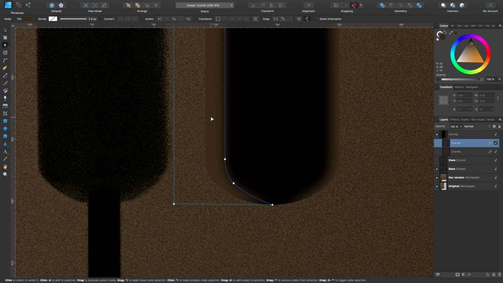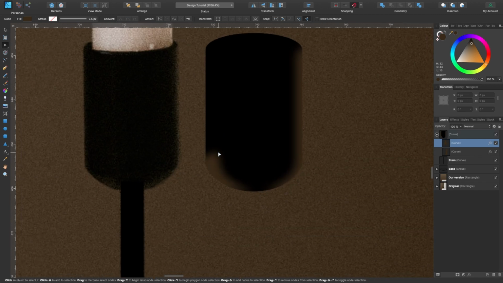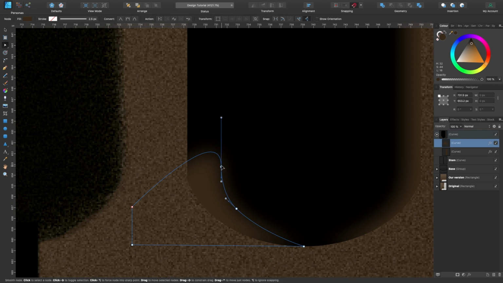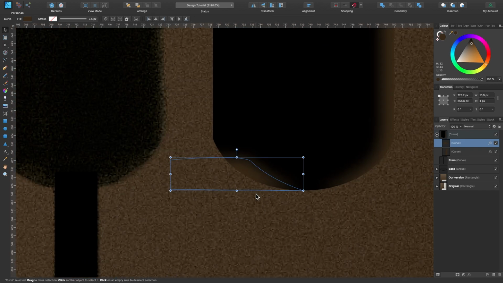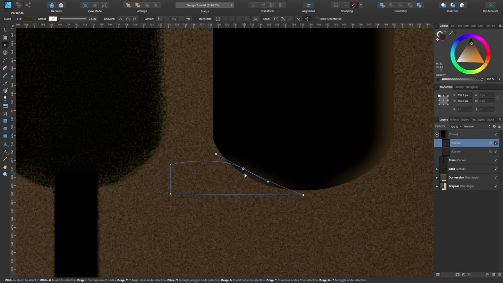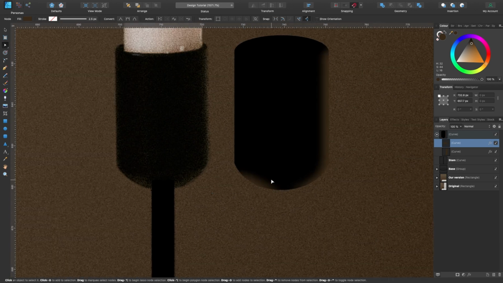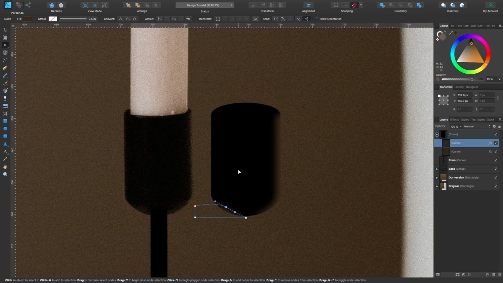So I'm just going to delete a few nodes, pressing the node tool. I'll select somewhere like that. We'll get rid of the top three. In fact, I'll get rid of this one too. And you can kind of see it just kind of ends around here. Press V, the move tool, just drag it down a bit. Yeah, something like that. It's a little bit darker, so I could just bring down the opacity slightly. And that's done for that piece here.